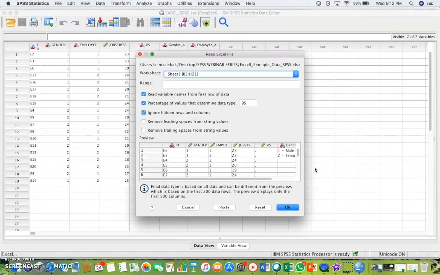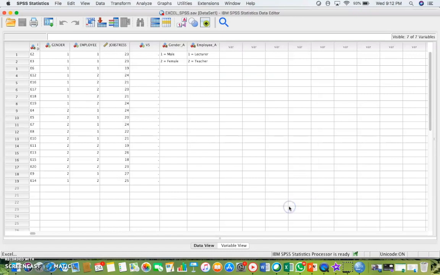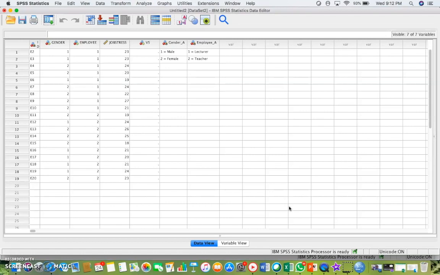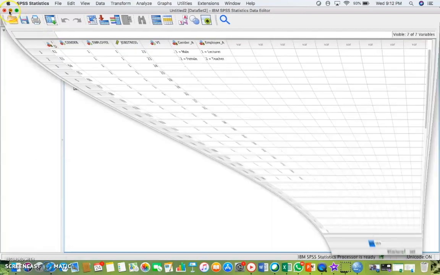What will appear is the Read Excel File box, where you can leave the defaults. You have to click read variable names from first row of data if your data has a header, and then you just click OK. So what you can see now is that whatever you had in your Excel is already imported into SPSS. All right, that is how you can import from Excel.